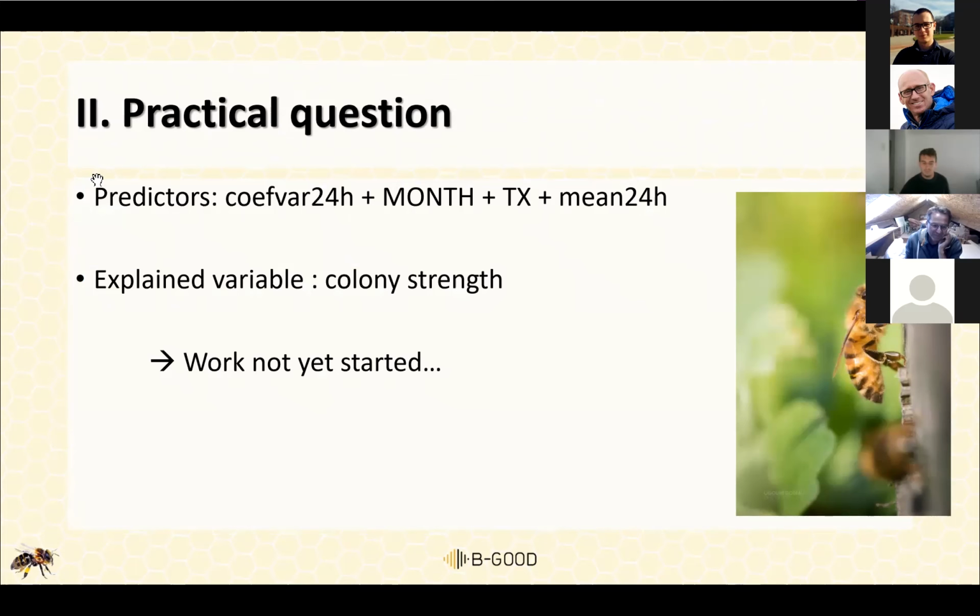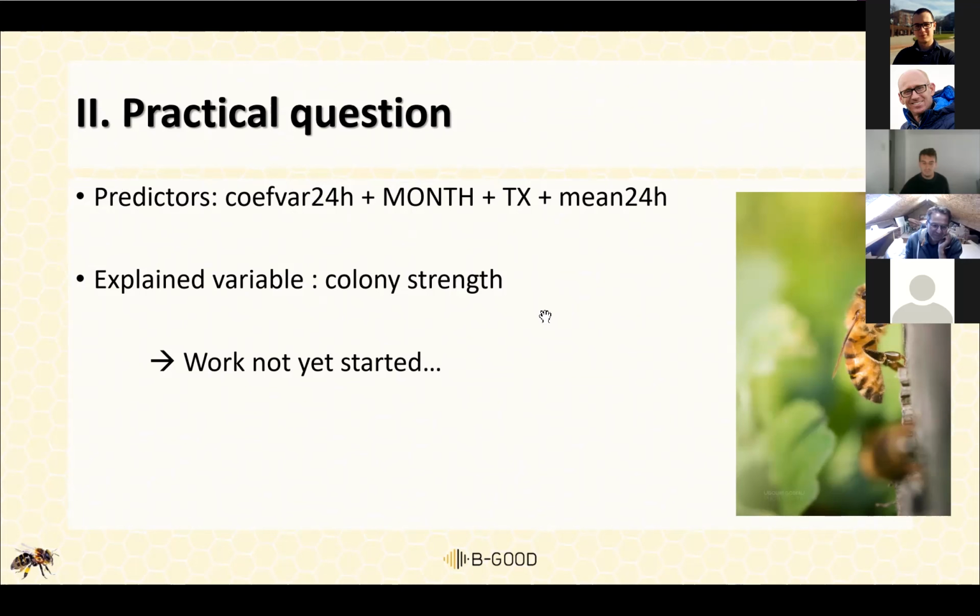But once this part is finished, we want to start the second part, that is the practical question, meaning that we want to try to use the coefficient of variation as a predictor to try to explain the strength of the colony, so that maybe we can help beekeepers to open their hive less often and use the automatic data as a good insight of the hive.